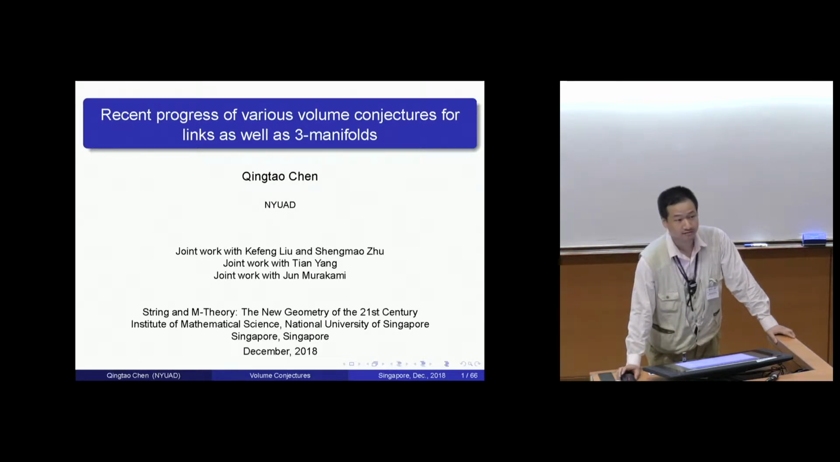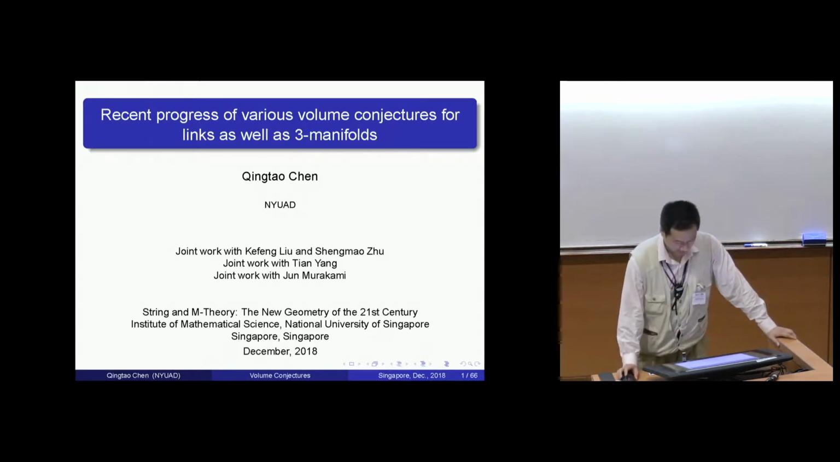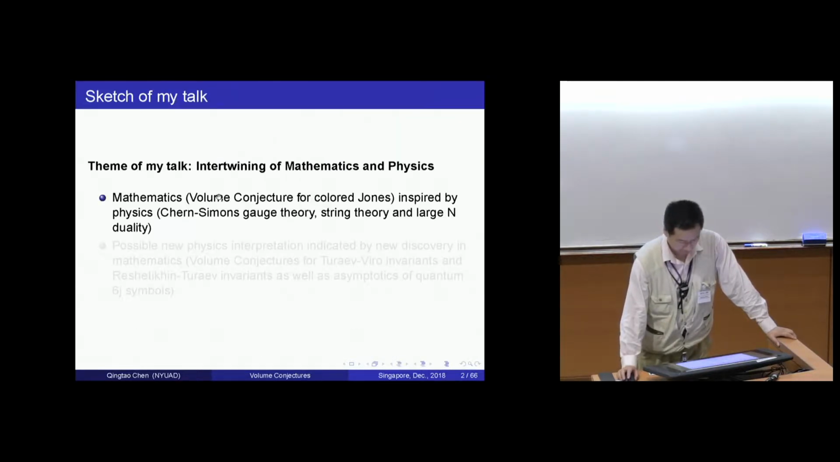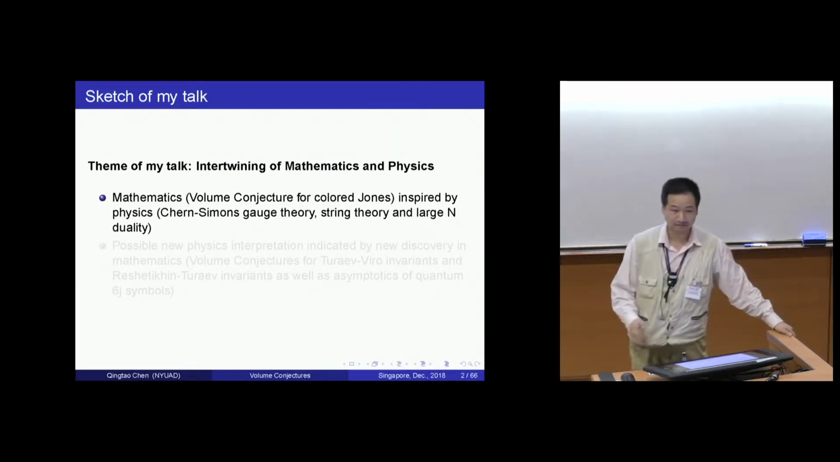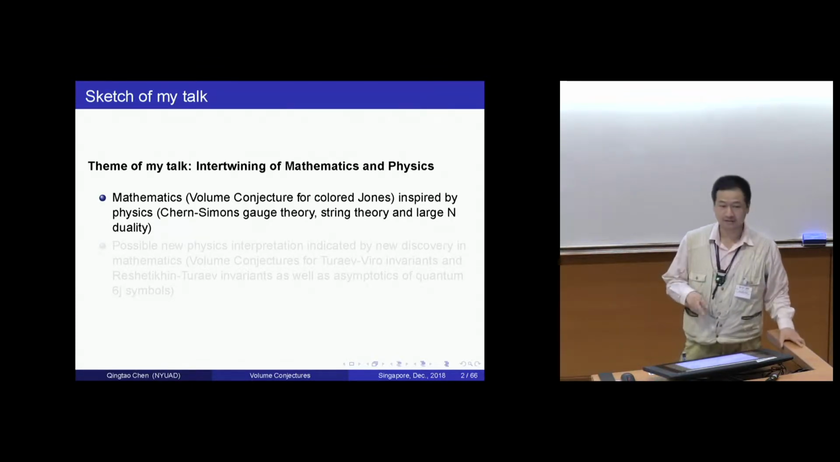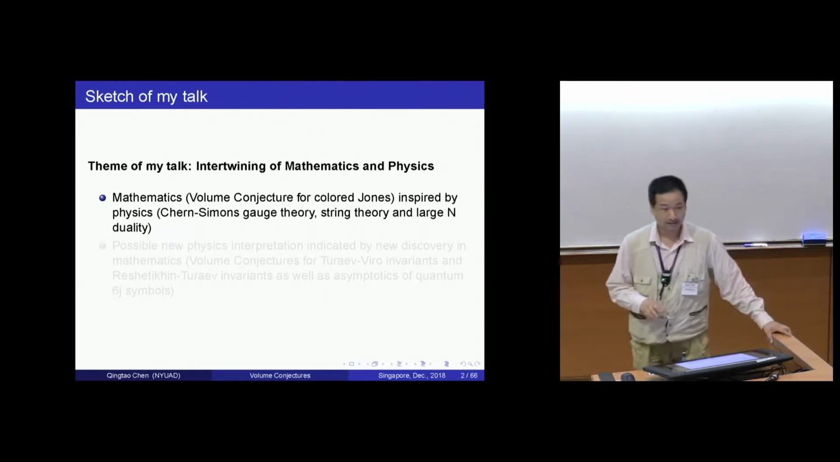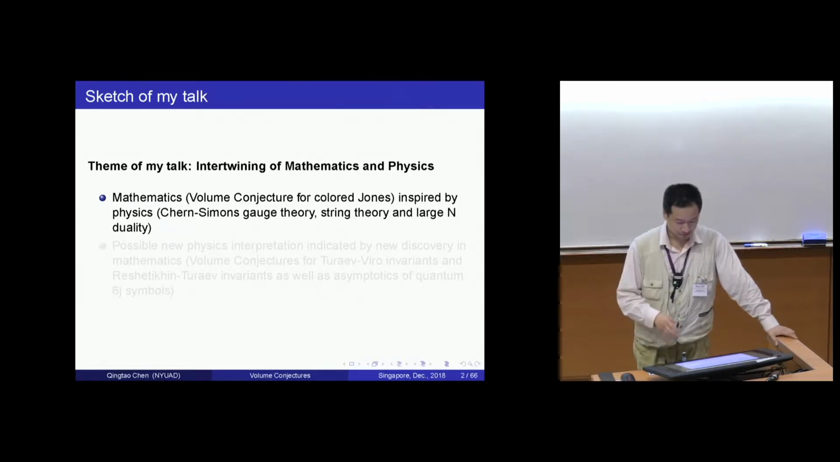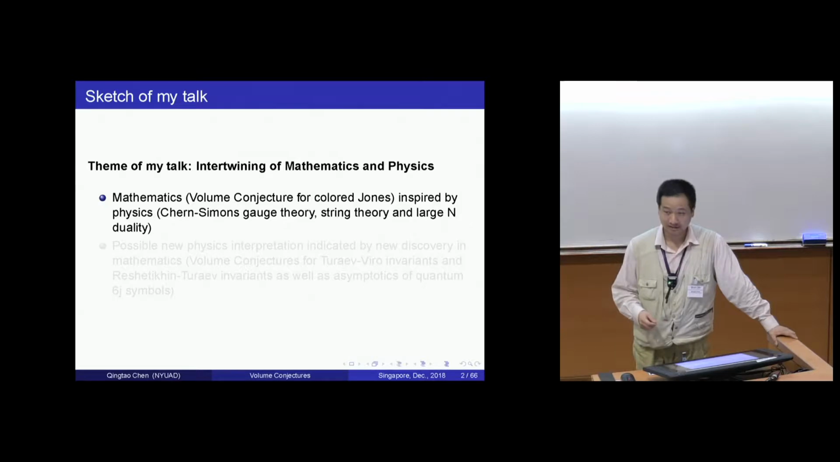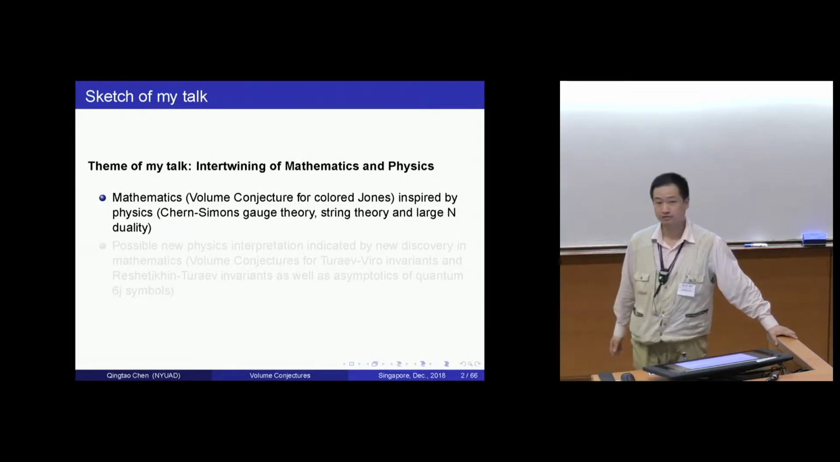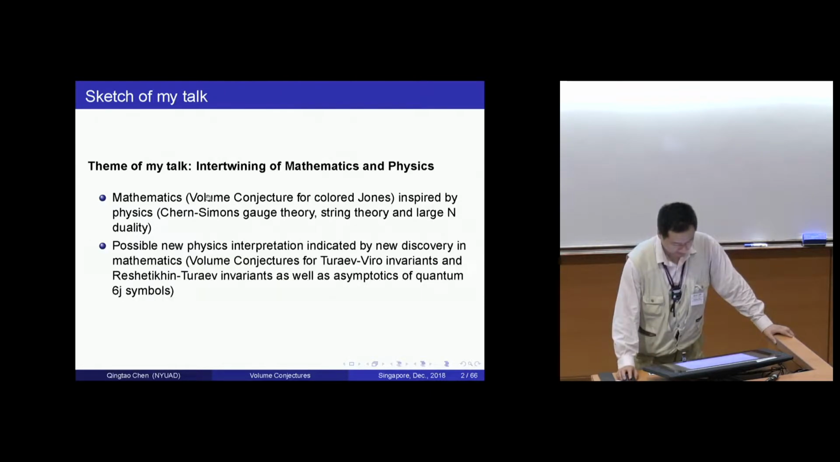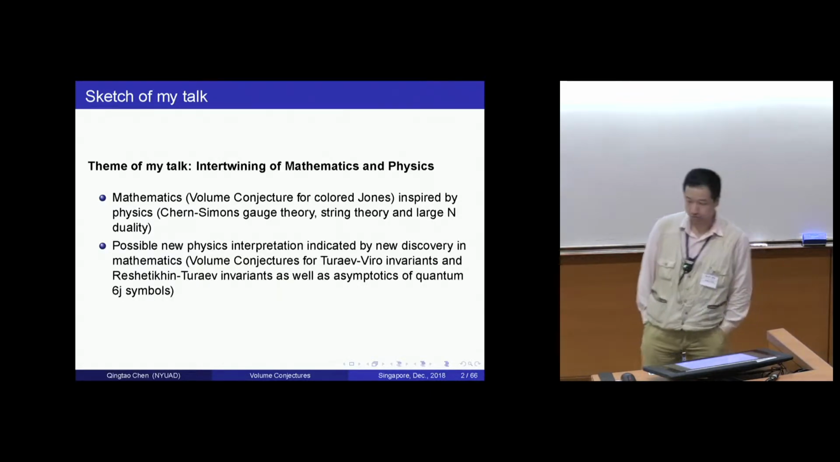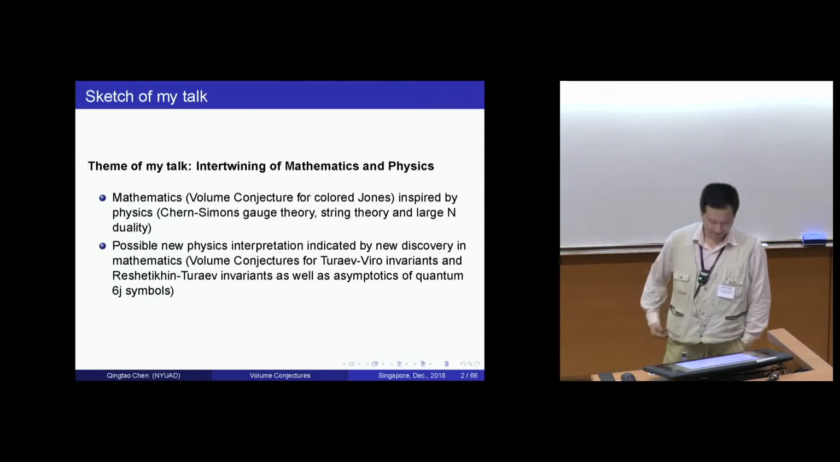This is joint work of several different research groups. The theme of my talk is the intertwining of mathematics and physics. The area of quantum topology is heavily influenced by ideas from physics. So we know the volume conjectures for the colored Jones polynomial, and also the idea from large N duality, the duality between Chern-Simons gauge theory and the open topological string theory. And currently, we find some new volume conjectures for Turaev-Viro invariants and Reshetikhin-Turaev